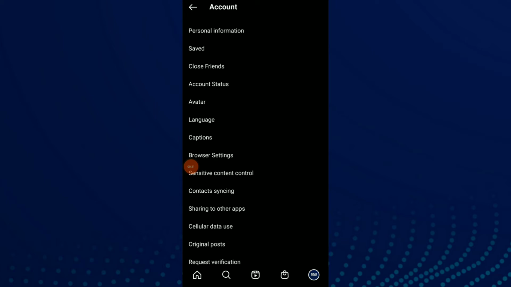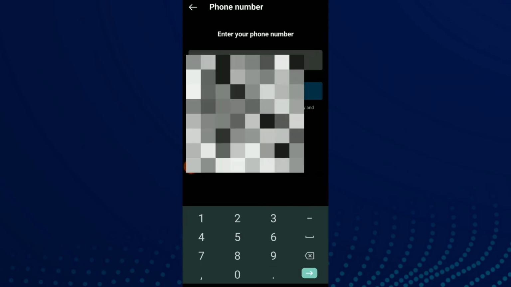Now all you need to do is click on the first option, which is personal information, and they're gonna give you your email address, your phone number, and you have also your birthday. And all you need to do is click on your phone number and now